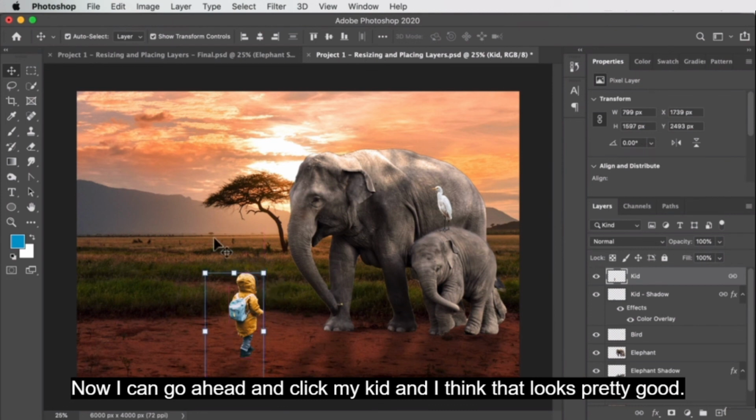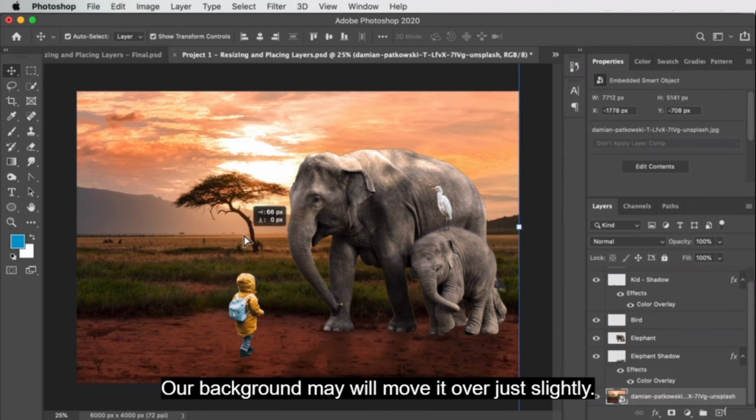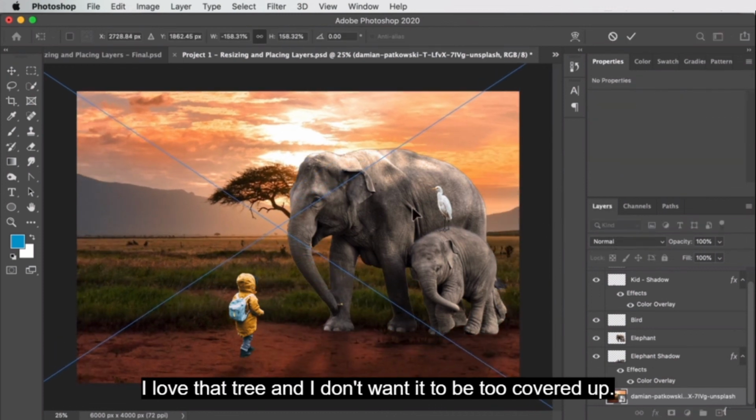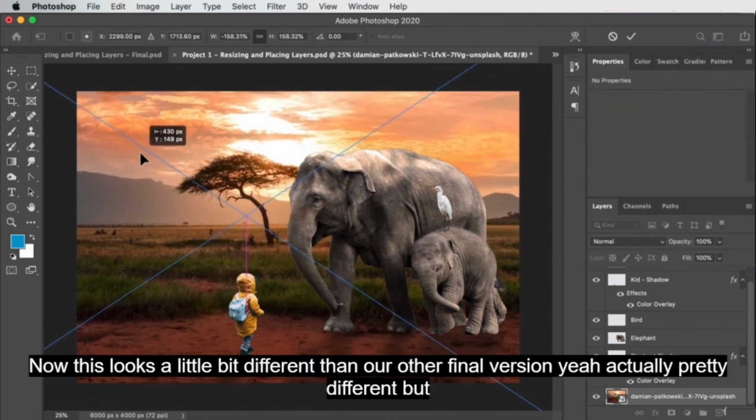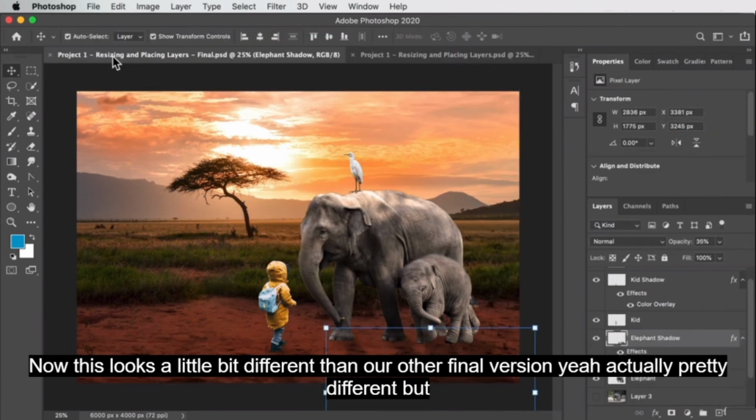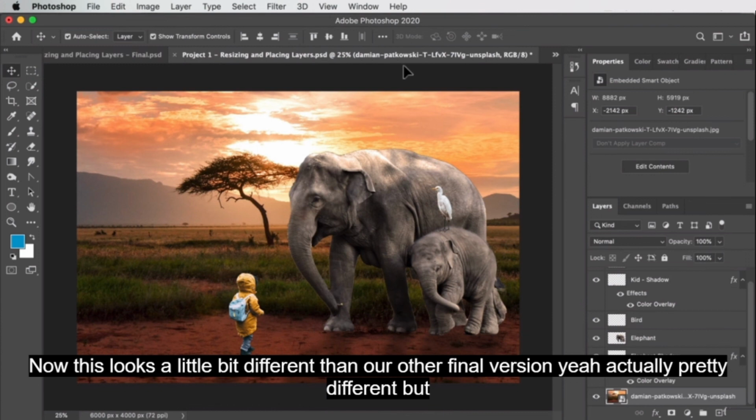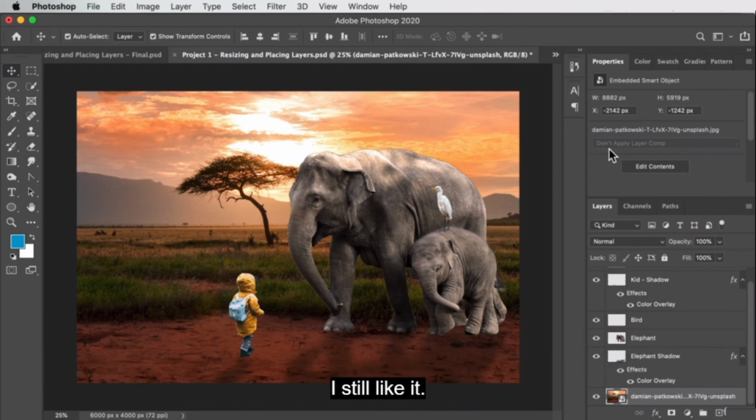And I think that looks pretty good. Our background, maybe we'll move it over just slightly. I love that tree, and I don't want it to be too covered up. Now this looks a little bit different than our other final version. Actually pretty different, but I still like it. So what do you think? Where did you get